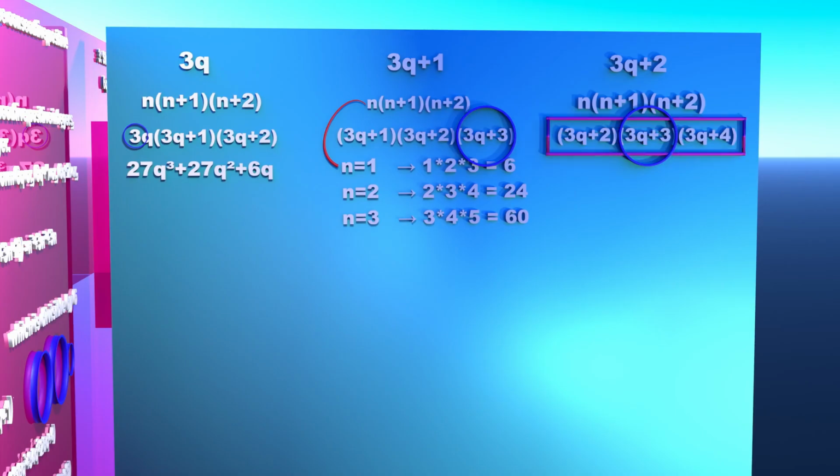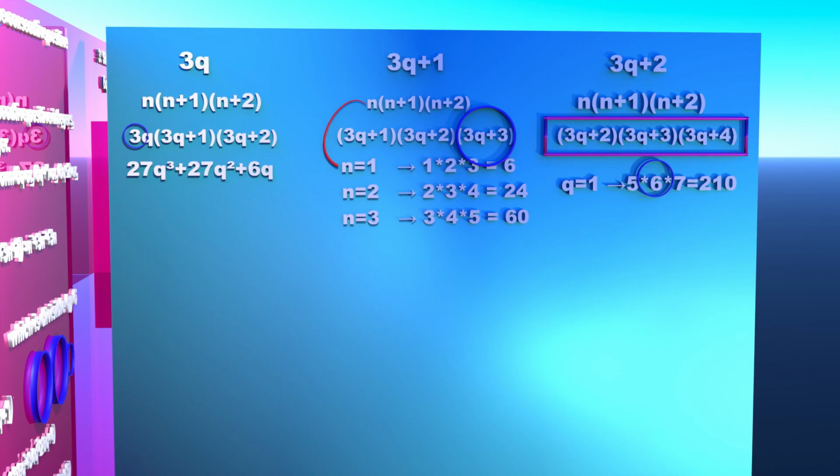In the third case, we have 3q plus 2 and these are 3 consecutive numbers. When q is equal to 1, we get 5 into 6 into 7, which is 210. And 6 is also a factor. That means this whole number has a factor 6. That tells that this number is divisible by 6. The summary is, we have taken the form of 3 and still we get 6 as a factor. That shows the whole number is divisible by 6.